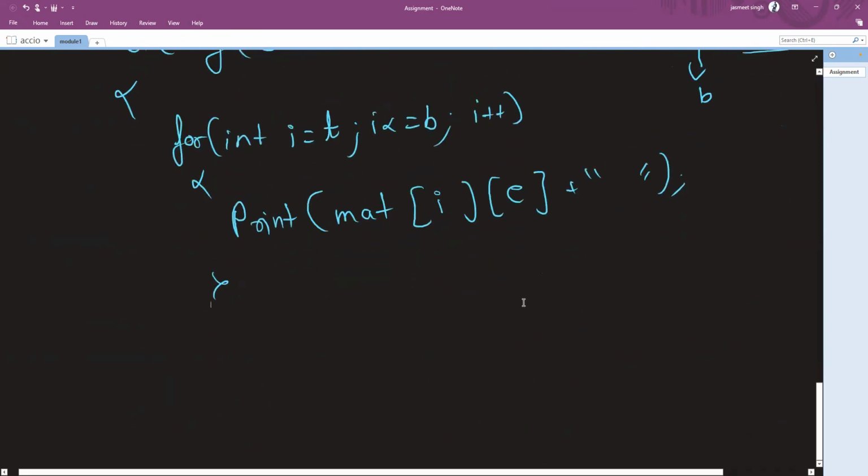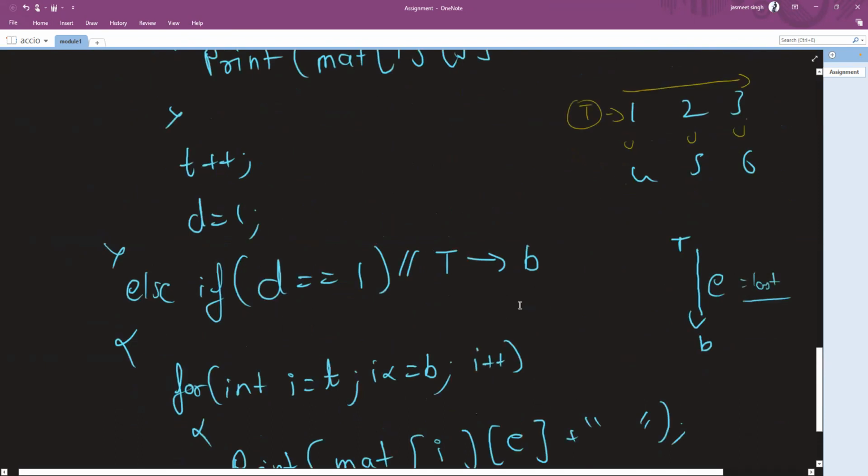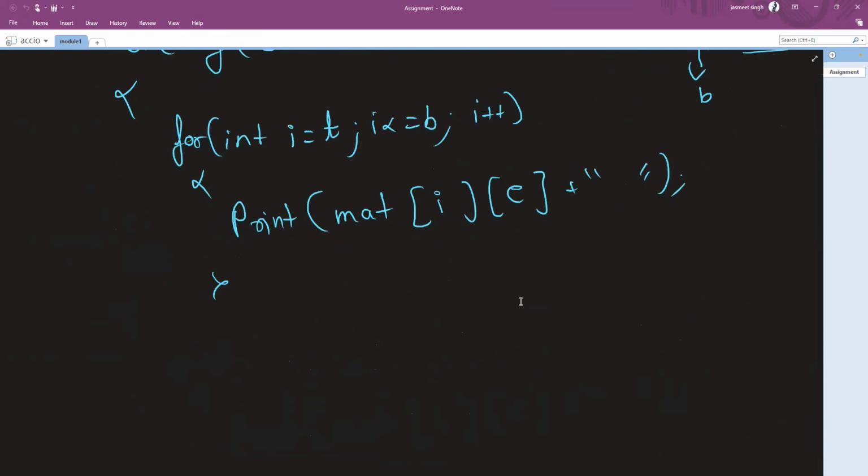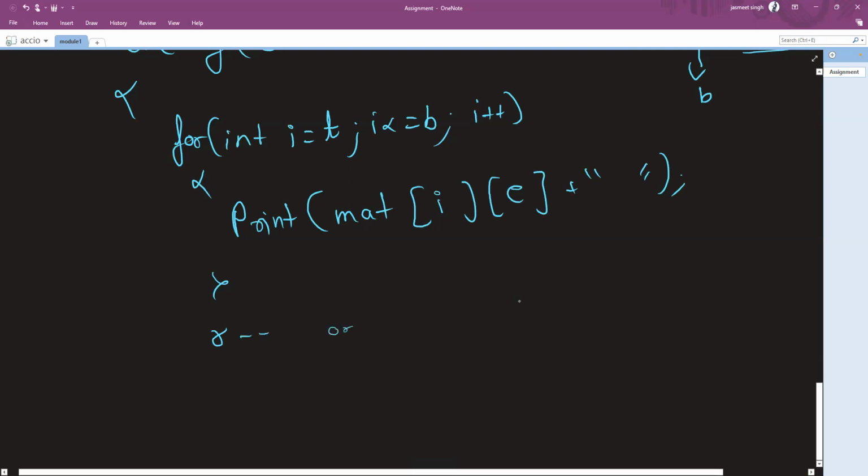What is the next step? Yes, guys, you just told me the next steps. After printing, what should we do? Shrink. How do we shrink? Which boundary do we shrink? R minus minus. Yes. Right side, we utilized it. We can do R minus minus, right? R minus minus, or in this case,